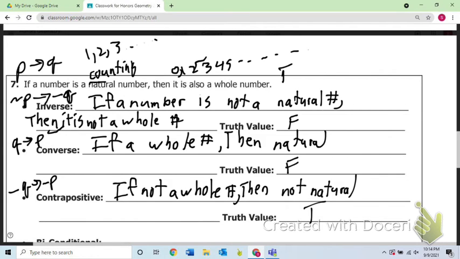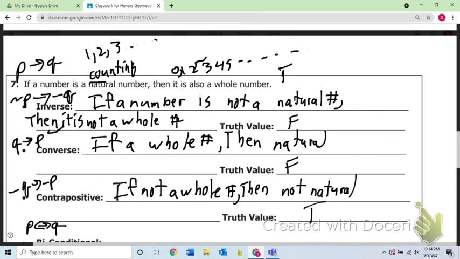So, biconditional. I didn't write this down, but a biconditional will look like this: P if and only if Q. And so here we would write down, or not if, we don't have an if-then statement when we have a biconditional. That's a really common mistake, and one, frankly, that I just made. So when we have a biconditional, we just make the statement. We don't have an if-then, but we do put that we can write it out as if and only if, or if we're feeling special, we can write it out as IFF. So in this case, we would write a number is a natural number if and only if it is a